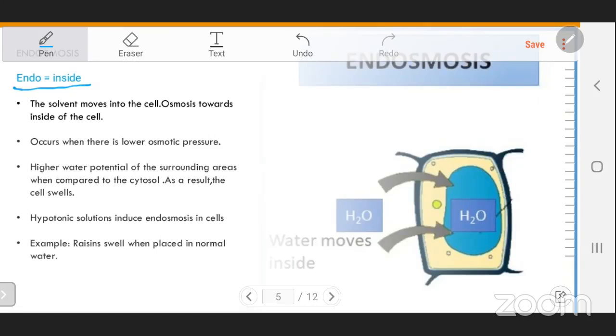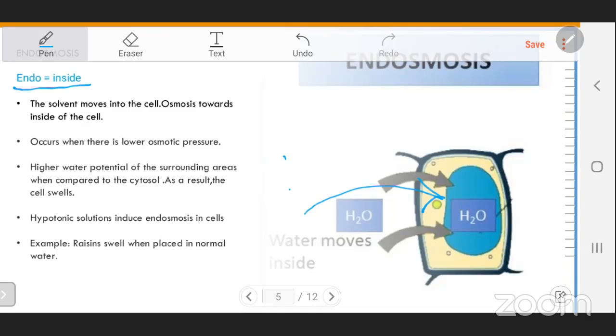So the simple way to remember or understand this is, in the endosmosis process, which is a type of osmosis, the water molecule or the solvent molecule will always enter the cell, which means the cell will have a lower concentration of solvent, and the outside environment will have a higher concentration of water or solvent. So by the definition of osmosis, the higher concentration of water will move through the semi-permeable membrane to the lower concentration of water, and the whole process is known as endosmosis.